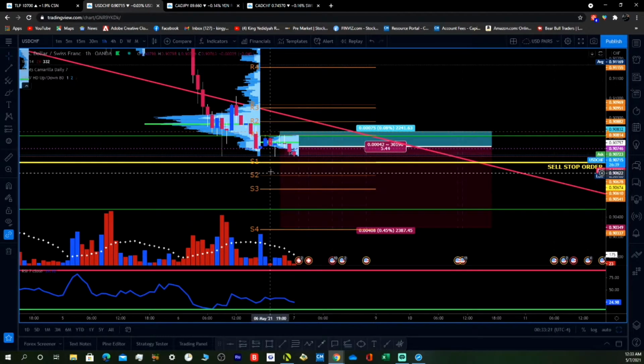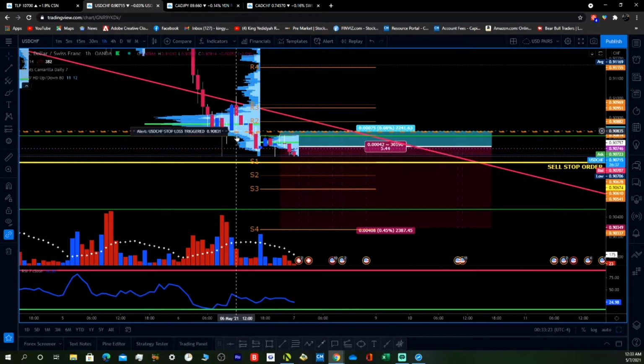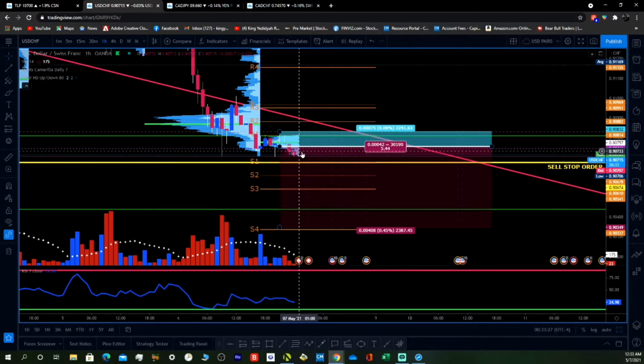But I have a strategy I call the NyQuil where there's congestion, I take the breaks and then the retest I enter, or I might take the break with a small position and then on the retest I add to the position, and the stop loss is above congestion. So this is kind of like that play I'm doing here, you know.